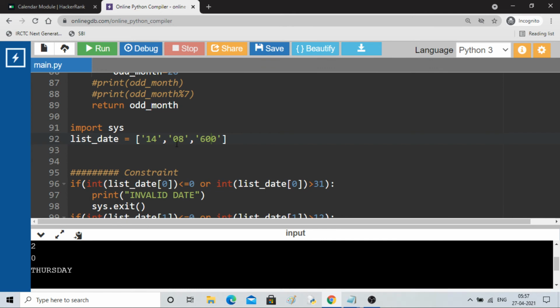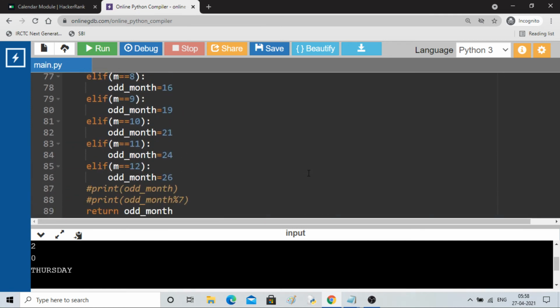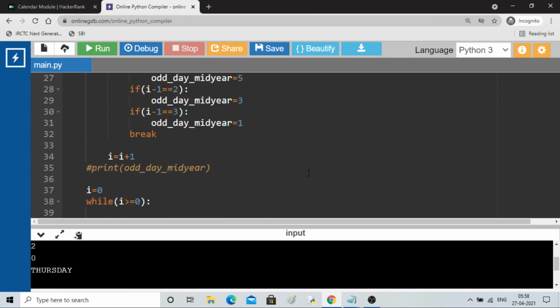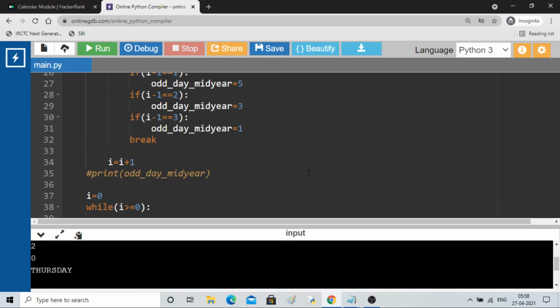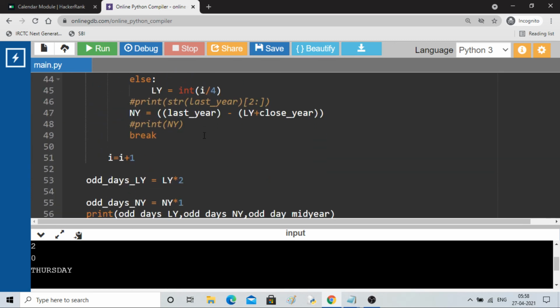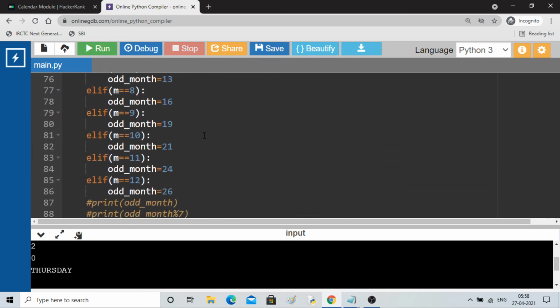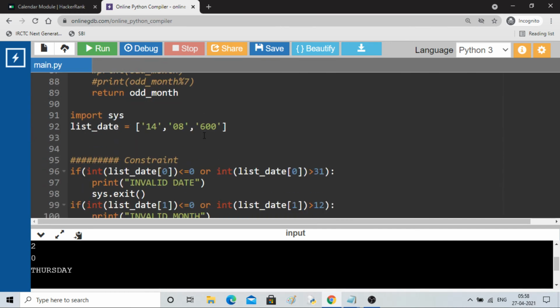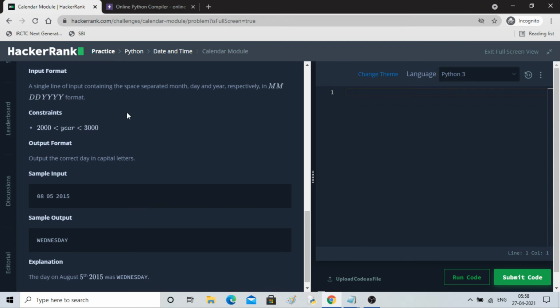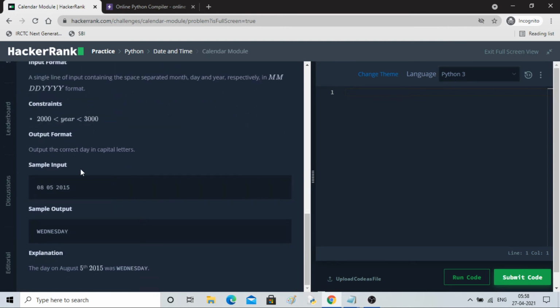So you can check it for any date. This 14 is the day, this is the month, and this is the year. So this was the code. I'll take this whole code and copy it. I have to remove the dependency of this, right? Here I don't have to give the input in this fashion. You can see here the input is given in this form.